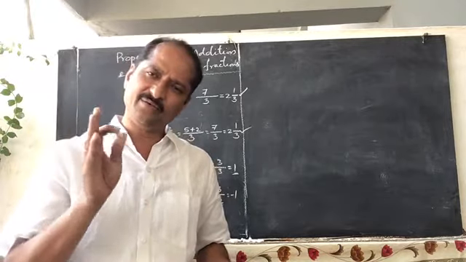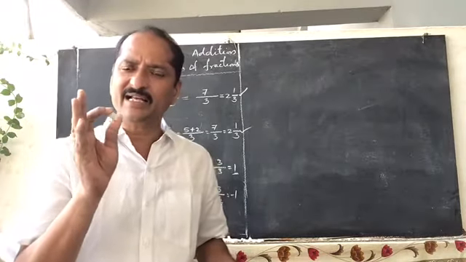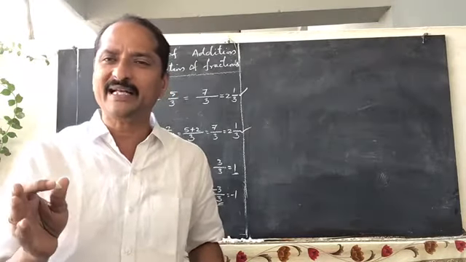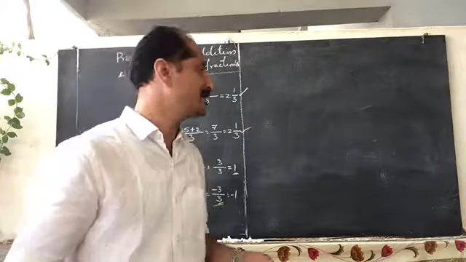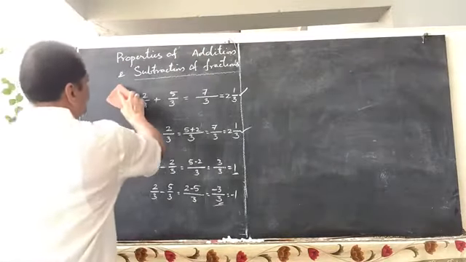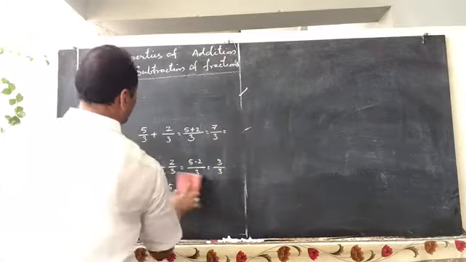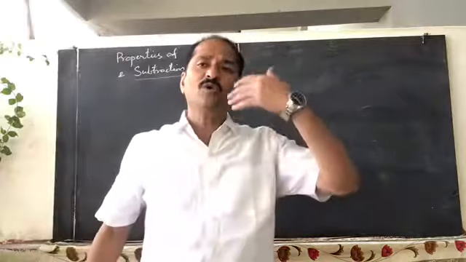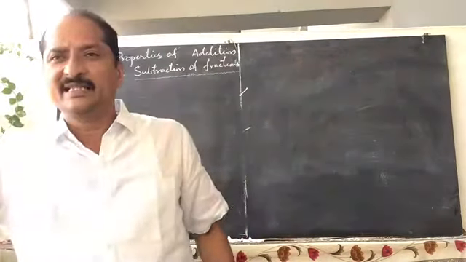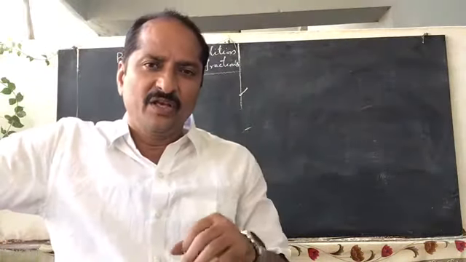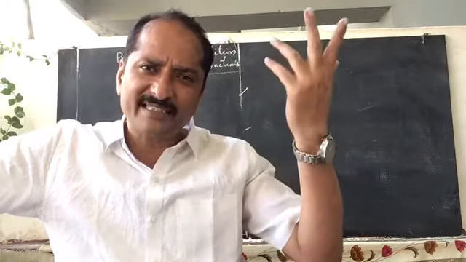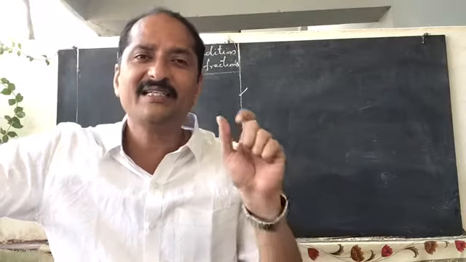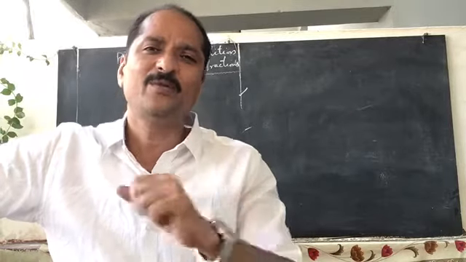Subtraction can be done in only one order. What? From the greater number to smaller number only can be subtracted, but we cannot subtract a greater number from a smaller number. Okay, so that's good. Next, coming to the third property, that is associative property. That means if you take 3 or more than 3 fractions, the sum remains the same. If we add 3 or more fractions in any order, the sum doesn't change. That is called associative property.